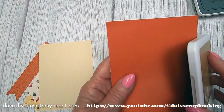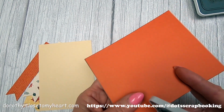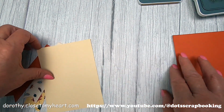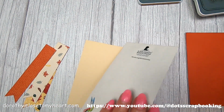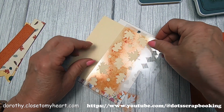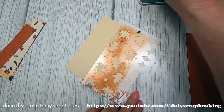Okay, so what I'm going to do is put an edge of toffee around here, just a little bit of an edge. Now I'm going to get some scrap paper, and I played with this a little while before, so I am going to use toffee and paprika